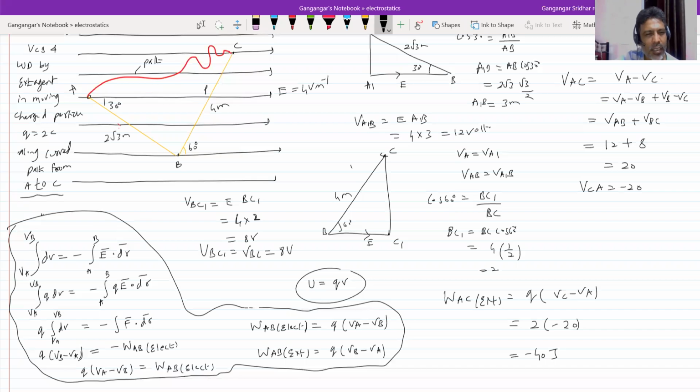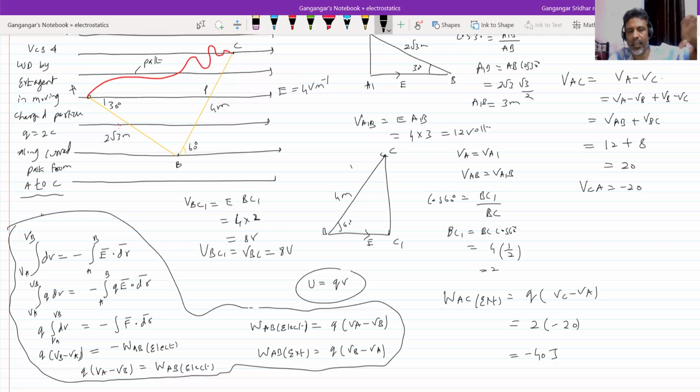But sir, he has moved in a curved path. How come? It's not moving fast, it's moving slowly in a curved path. Then an electrostatic force is also acting. You should overcome that electrostatic force in such a way that the particle should not accelerate anywhere. So whatever work the electrostatic force does, equal and opposite work the external agent should do. Then only you can move slowly from A to C, from rest to rest. Go back to the work-energy chapter. We have discussed many numericals based on this.